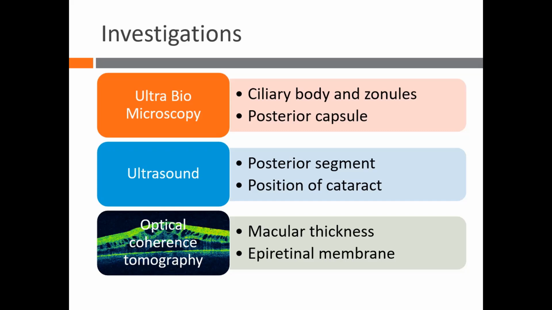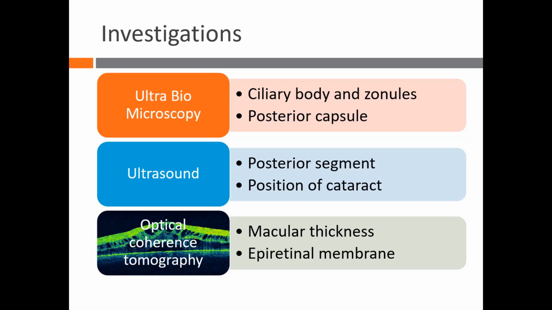For example, you have a patient who had secondary angle closure and you have gone ahead and done a YAG PI. So if you do a UBM, you will know the state of the zonules before you enter, because already you have a posterior synechiae. You won't know whether there is phacodonesis or whether there is a zonular weakness. So if you do a UBM, you will know what will be the state of your zonules before you enter the eye. Again, another example is your patient may have had a CME or an inflammatory CNVM.